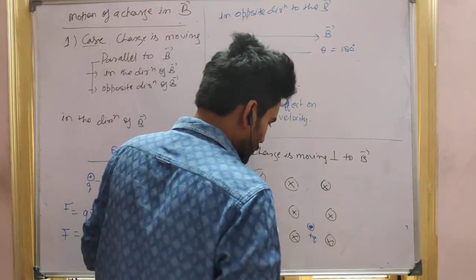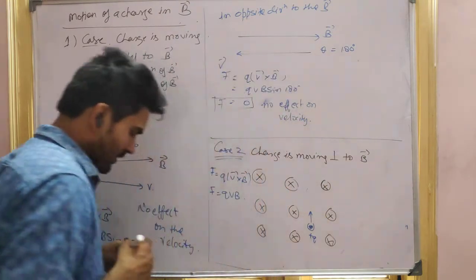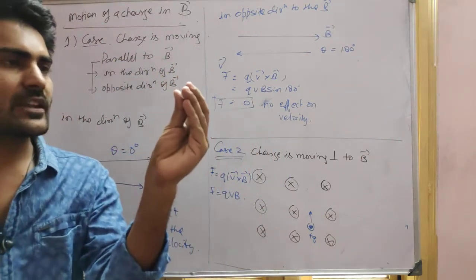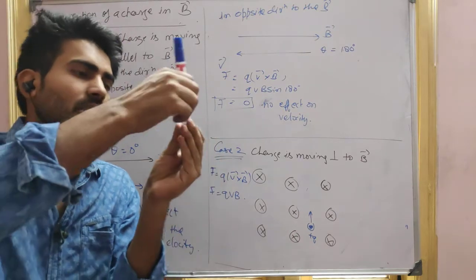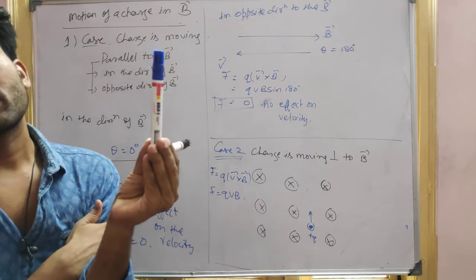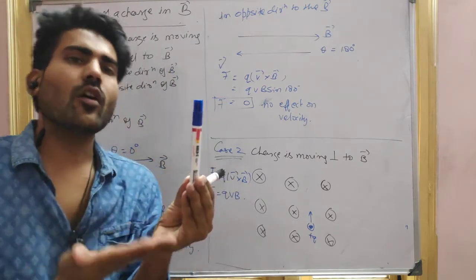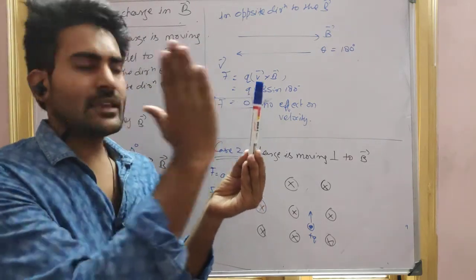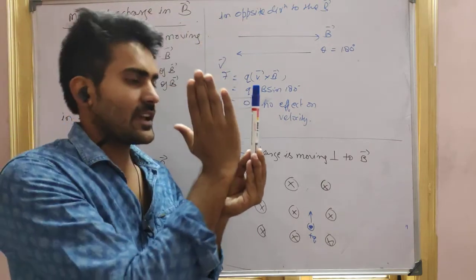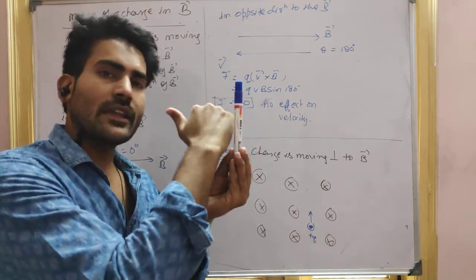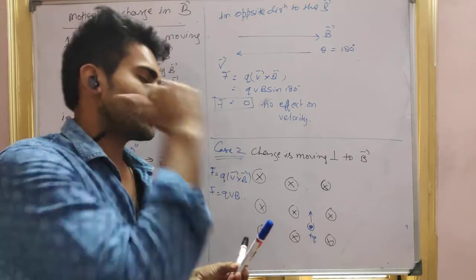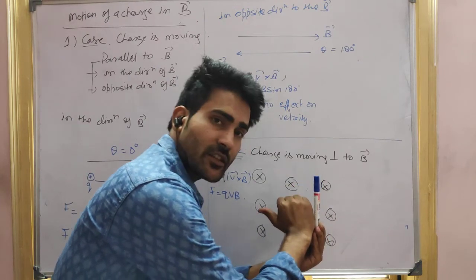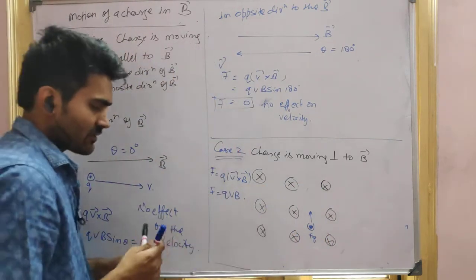Okay. So it is moving like this. At this particular point, what will happen? Let's find out the direction of the force. The direction of the magnetic field is here, the velocity is here. So how will we find the force? We'll find the force by the right hand thumb rule or by Fleming's left hand rule. Let's find out with the right hand thumb rule. Just keep your palm in the direction of the velocity, curl your finger in the direction of the magnetic field, and you will get the direction of the force here.